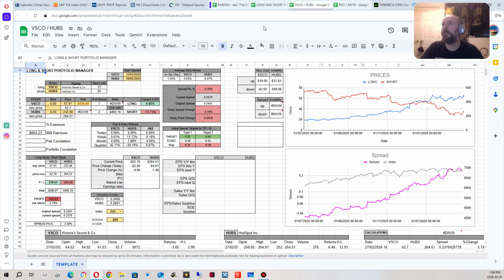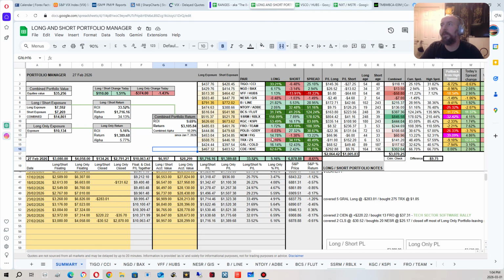And then if you go back to long and short portfolio, if you look at the summary, a lot of these here will not necessarily be working out the best. Combined return on some of them is minus 58, minus 7, $13. But then you combine them all, and if you look at how much they're returning and the age, it just shows you: if you give these trades room to grow, they will. And some of them will be in there for a very long time, like a year. And why would I keep them for that long? Well, if they're making money, why would I get rid of them in the first place?